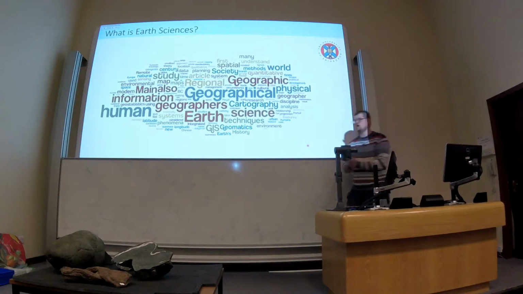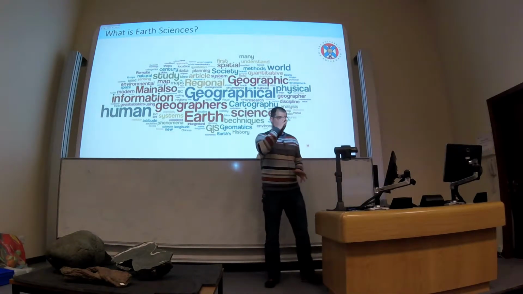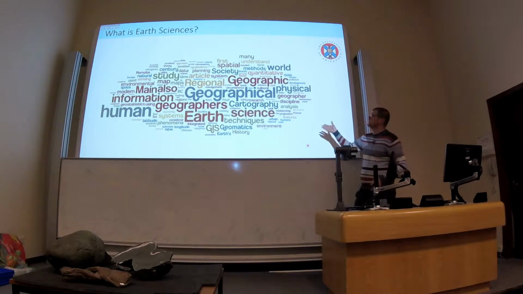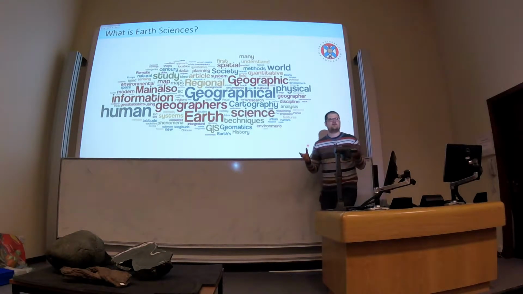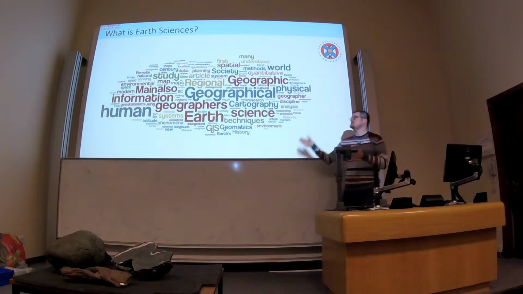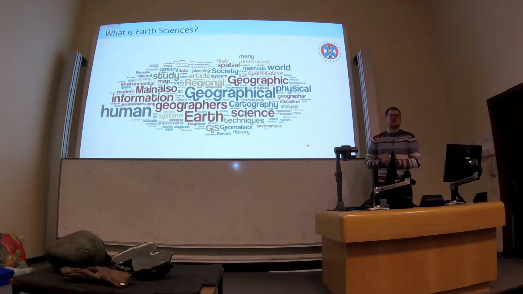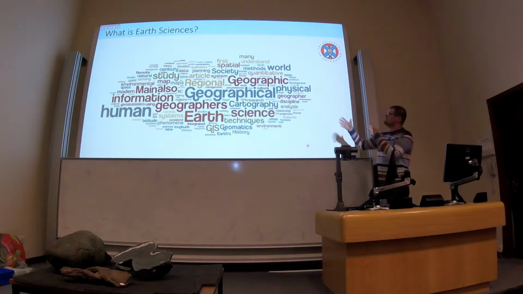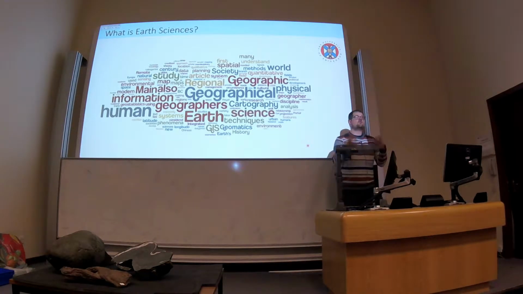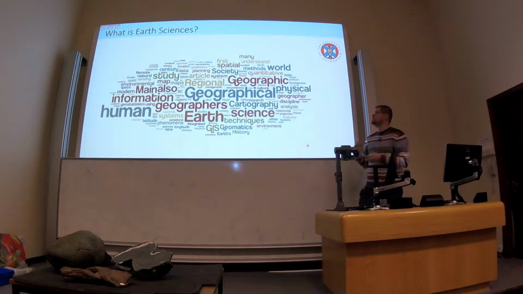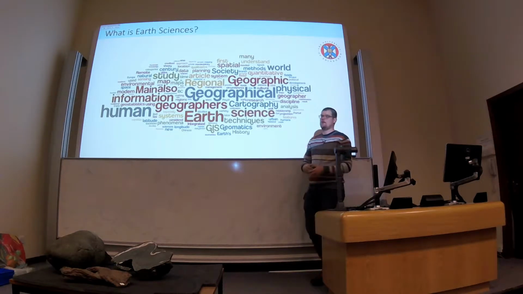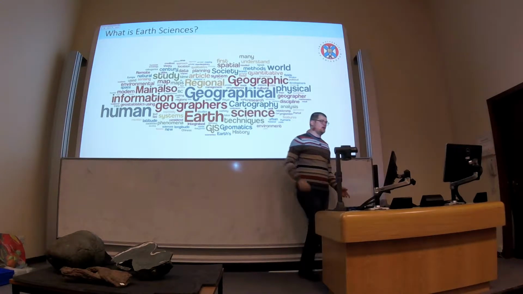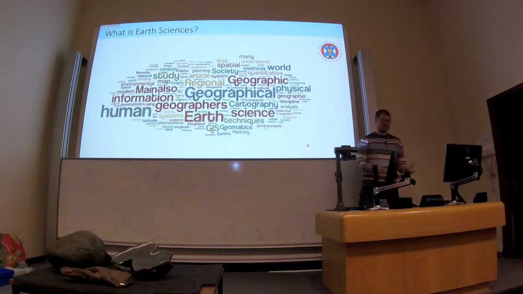Right. So I thought I'd just start off with something that you might be more familiar with. So this is a Wordle of the Wikipedia entry for geography. So this basically describes all of the buzzwords that come up when you do an internet search for geography. And if you just kind of look at these, they are basically describing what geography is. It's kind of like looking at the environment around us and how humans interact with that environment. Okay, so things like mapping the Earth.